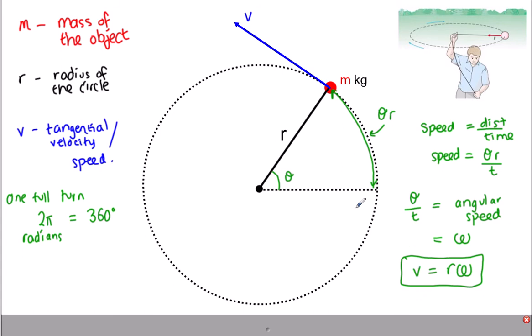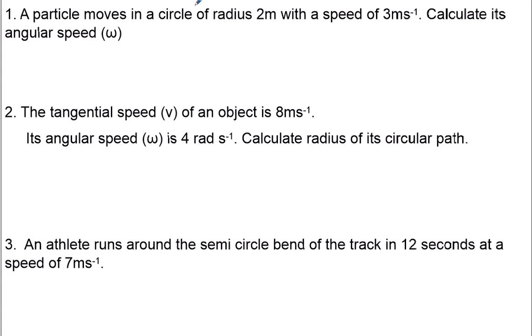And then we can try some questions just using that formula there. So pause the video if you're not quite ready to move on. And you'll get used to working in radians. Most questions you give your answer in radians anyway. There's the odd question which you've got to go between degrees and radians, and I'll show you an example like that. So if we have a look at some questions then, remembering that v equals omega r,